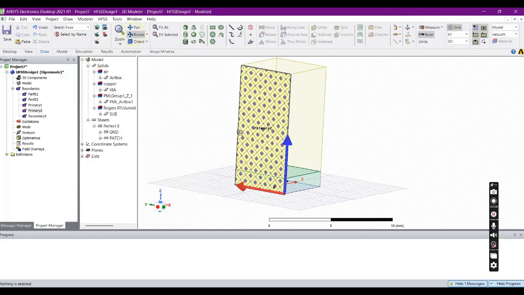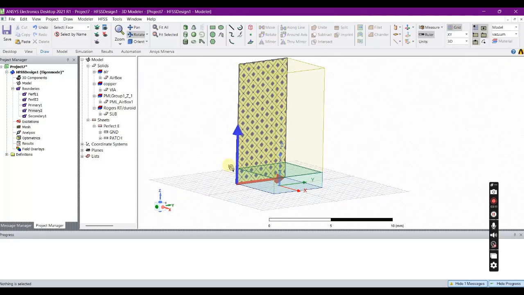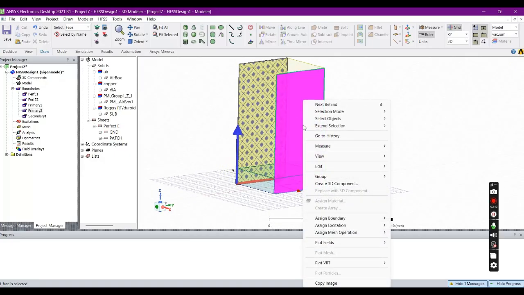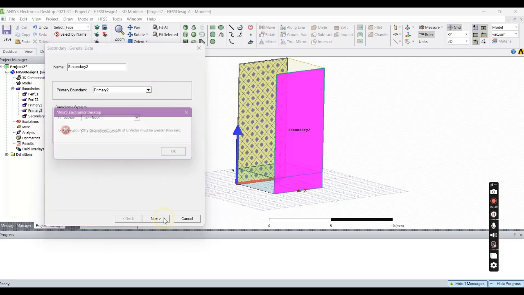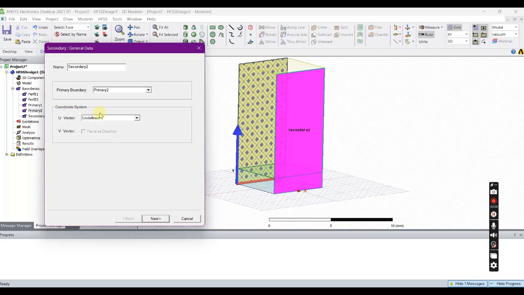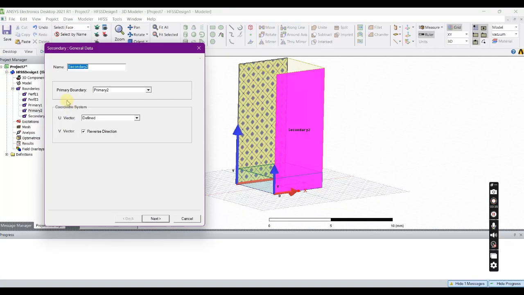Okay. And it is a secondary for primary to assign boundary, coupled, secondary for primary to define new vector in positive y direction. Next,